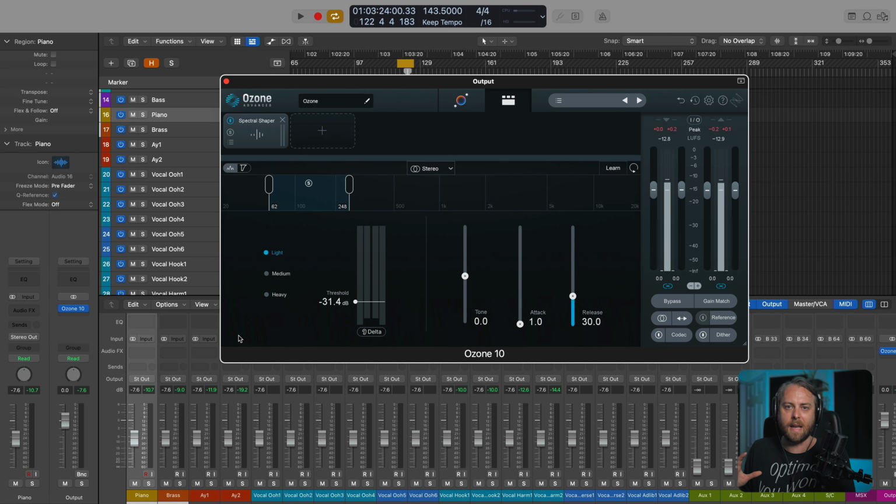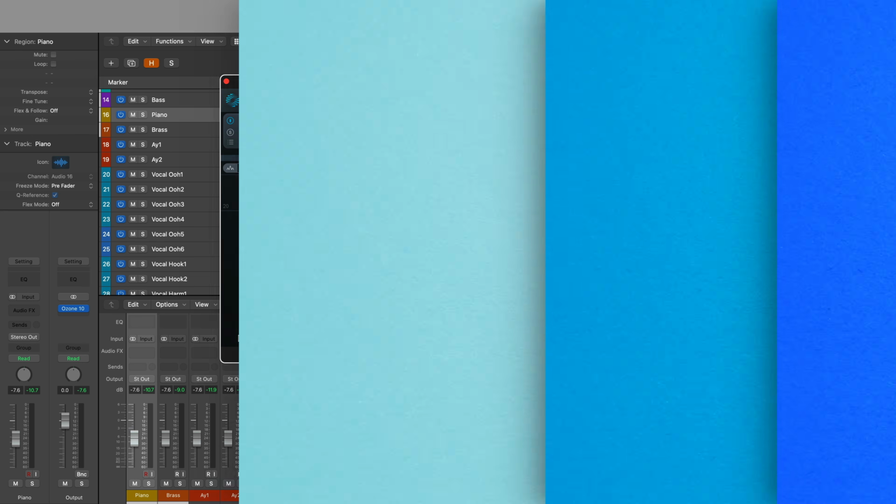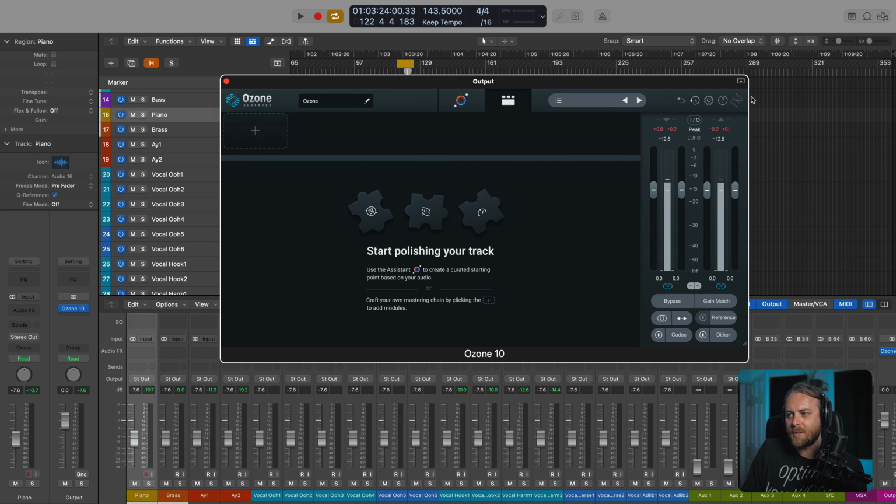So a few different ways to control a number of, I think, common problems that show up in a mastering scenario. Now, to close things out, I just want to talk about the I/O section here. This is input and output. I have no processing, so it's going to look pretty similar going in and out. Actually, let me bring in the stabilizer module.